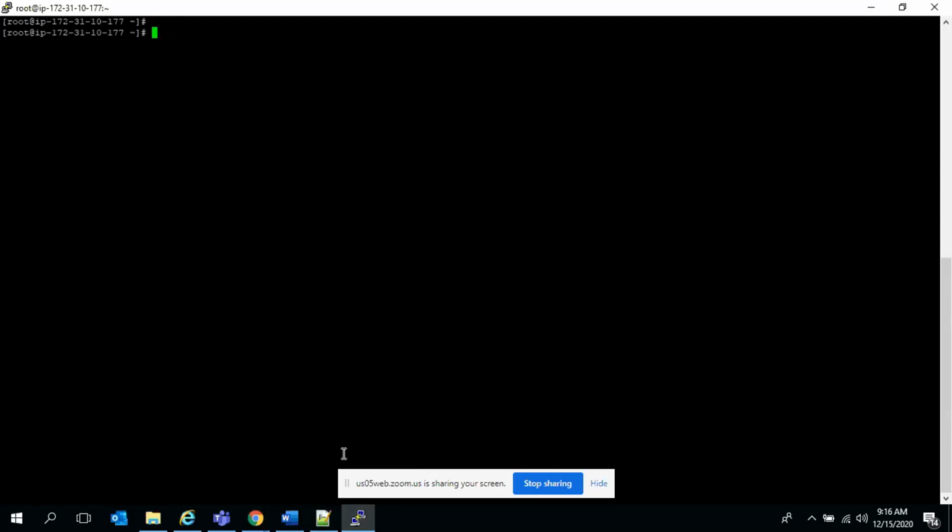Now you cd to /var/www/html. cd slash var, V for var, variable. And this is the directory in Linux where all the logs and any changing data will be there.